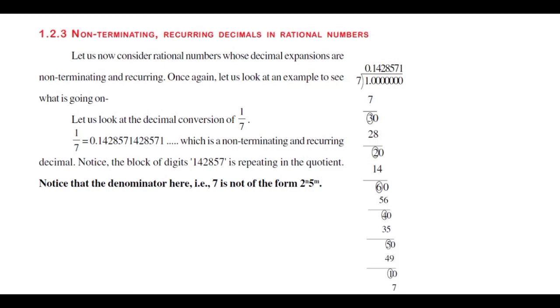Now the next one, non-terminating recurring decimals in rational numbers. You can find this in your textbook as it is. A rational number means a number which can be written in P by Q form. Here 1 by 7 is a rational number. If you divide it into expansion form, you can check this division part, and you get